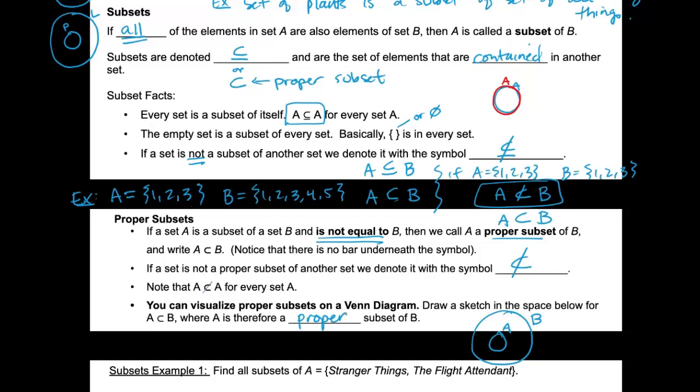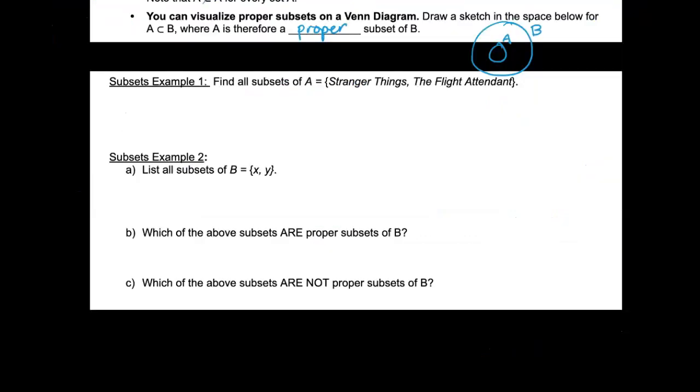And so I think this is all going to come together a little bit better once we do a couple of examples. So let's jump in and do an example. So we have the set A, and it has Stranger Things and the Flight Attendant. So 2 elements, and we want to find all of the subsets. By definition, remember that the empty set is included. So I'm just going to start off by listing the empty set. So that's a possibility. A subset would be the set just with Stranger Things. The set with just the flight attendant,